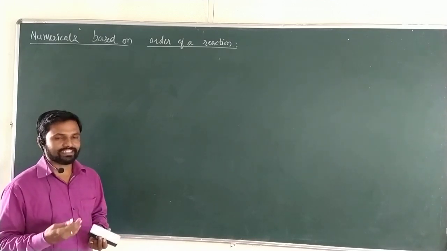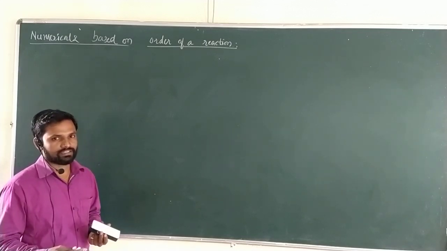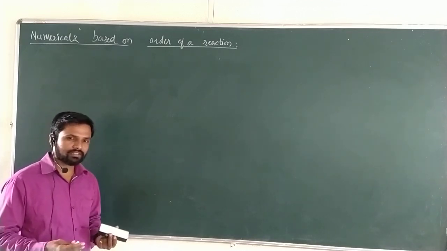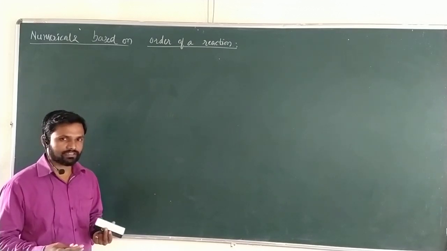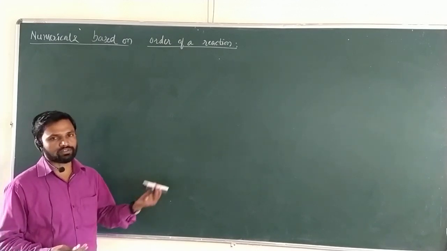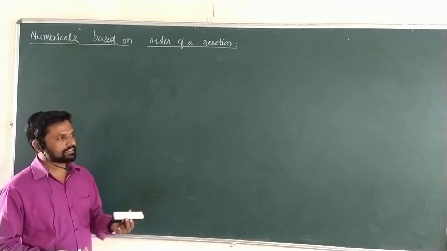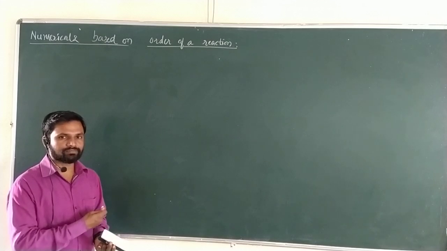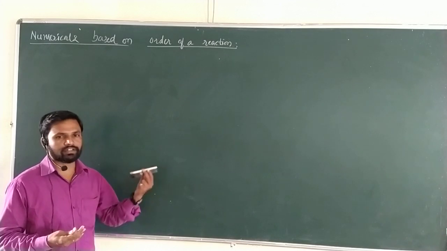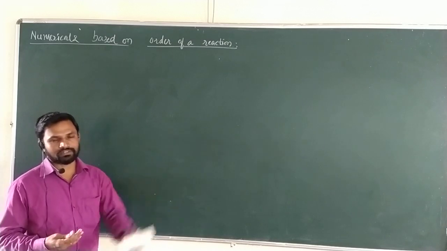We already studied the methods of determination of the order of a reaction. There were 3 popular methods. The integrated method, also called the hit and trial method, where we have to check every time which rate constant it follows. If it is constant for 2-3 sets, we can say that the reaction follows that order. The graphical method we also already studied. With the help of the graph, the nature of the graph is given, and from that nature we just find out the order of that reaction.